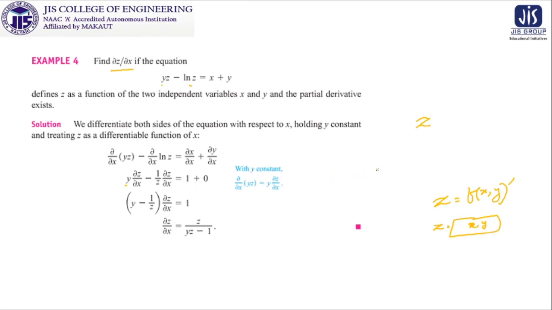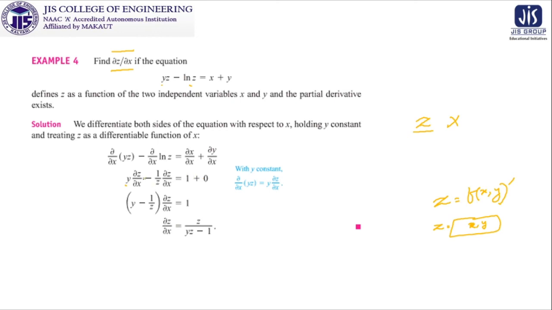In visualization, you are seeing that it is z, so there is no x in it, so z is also treated as constant. If you think so, you are making a big mistake, because here z is the dependent variable. z is a function of x and y, so z is having x within it implicitly, so you can't claim that partial differentiation of z with respect to x is 0 as z is constant. Then there is no question of giving this problem. So this is, rather than a problem, one alarm to you, that please concentrate on the classification of dependent variable and independent variable. Clear? Okay.